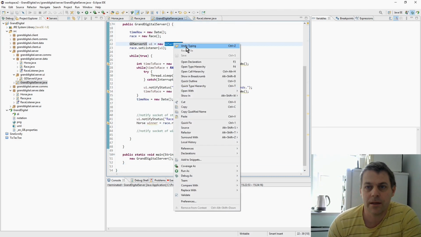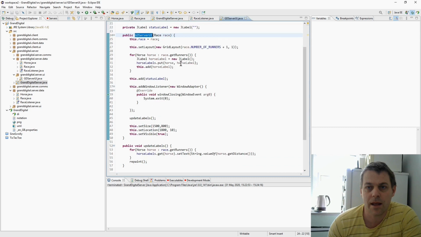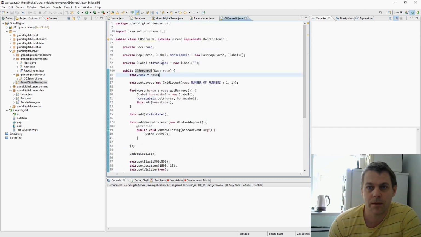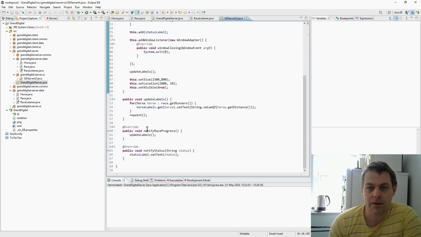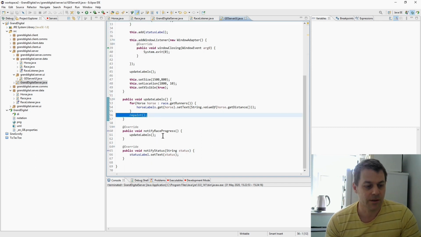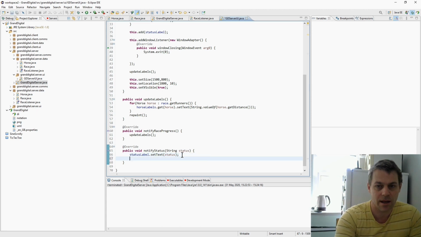Okay, so I've added a label at the bottom of all the horse labels, which is a status label. Added one to the grid layout so it fits, and then I've added a method notify status, which will set that label,